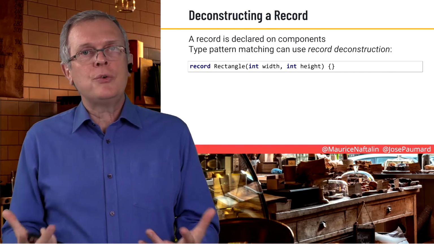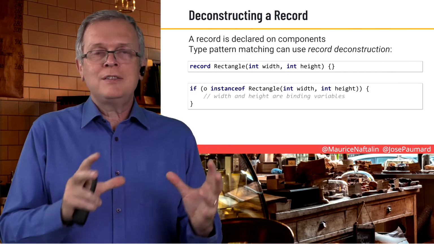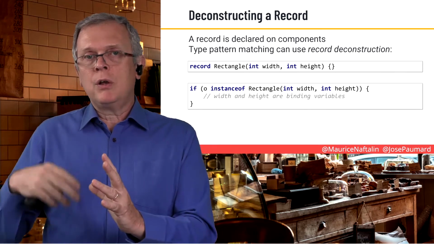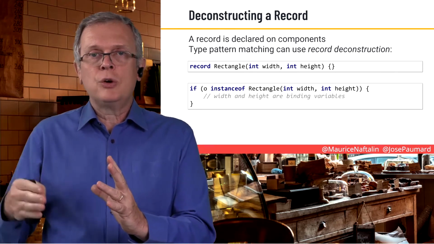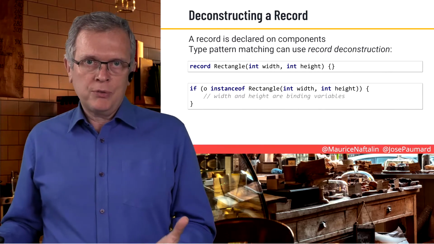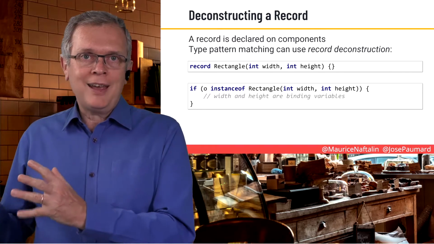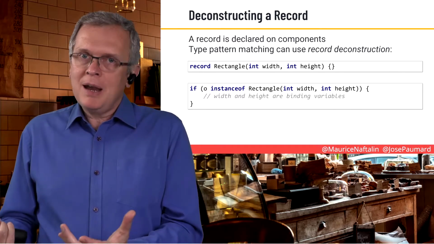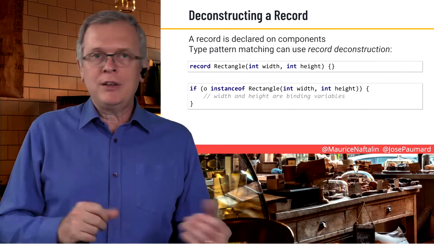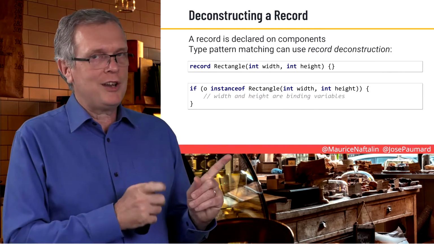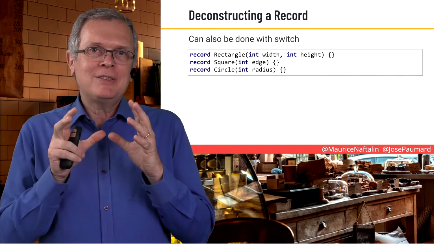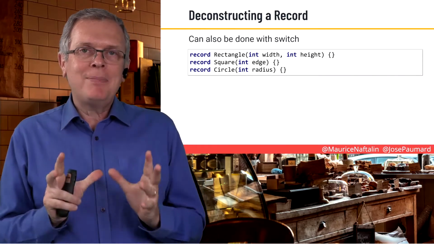So it could give you the following code: o instanceof Rectangle, then just the components of the Rectangle, and here you do not have the choice because it's just two ints. You cannot have several sets of different components for the same record, width and height. And now you have two pattern binding variables, width and height, that you can use in the right context, which is really nice. It can also be done on switch because it uses, in fact, the same type pattern